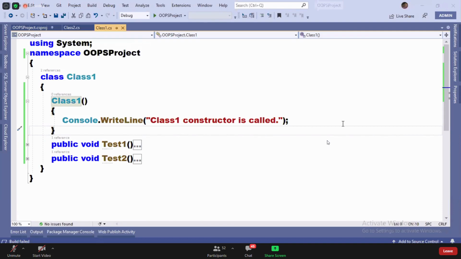Then why do you want the instance to be created? Someone is telling private. What is private? So the constructor is private, right? So what is your problem if this is private? What is your problem if the constructor is private?